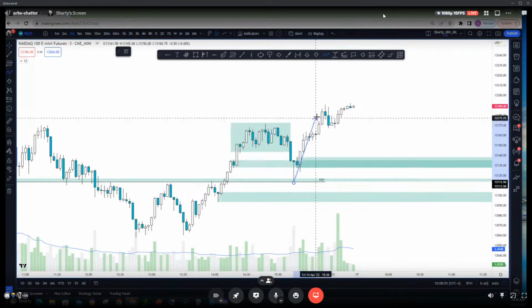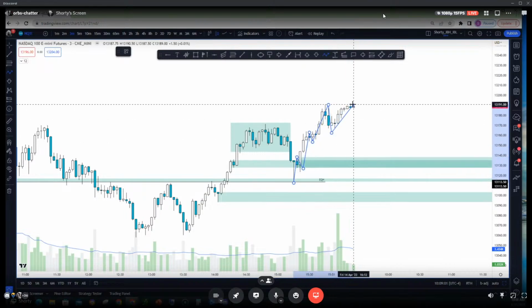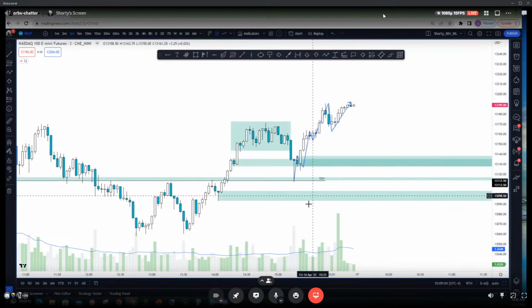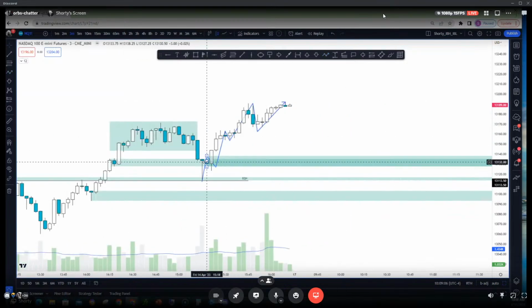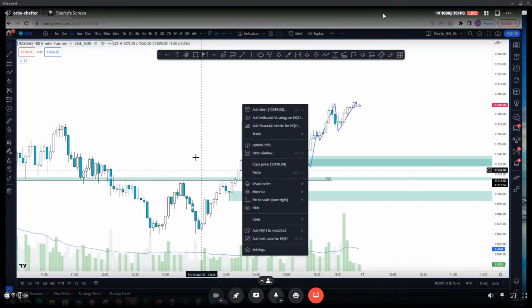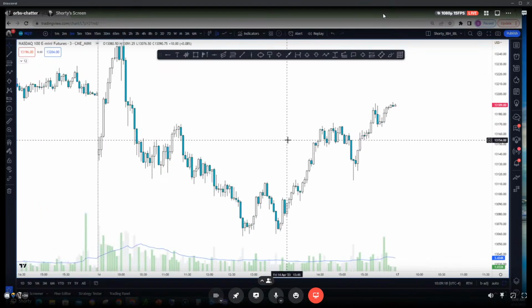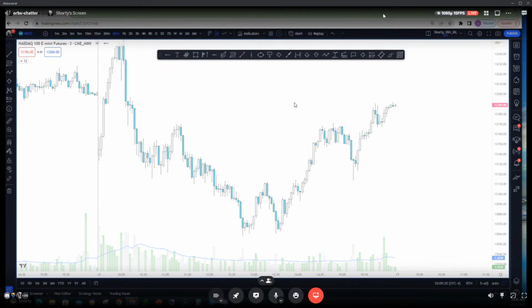If I grab this tool here, let's say on macro moves, you see them here making higher lows, right? Higher lows and higher highs in this case, and they took out the supply. So this becomes pretty valid on 3 minutes. But that doesn't mean, hey, this is bulletproof. You cannot ignore other time frames.